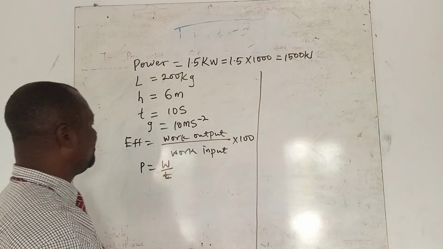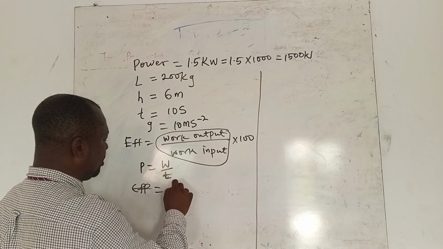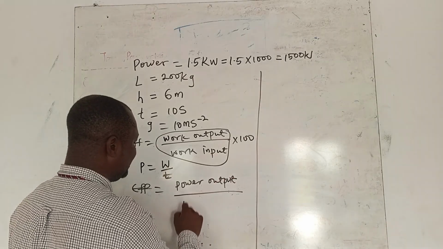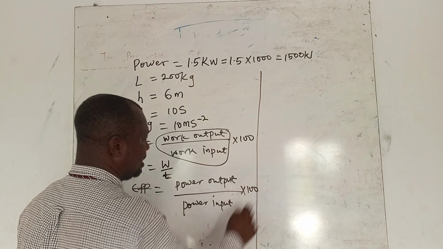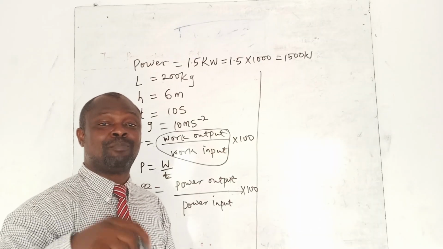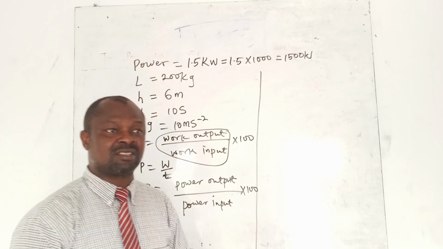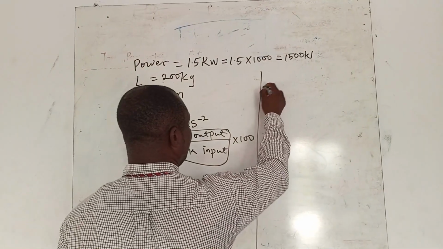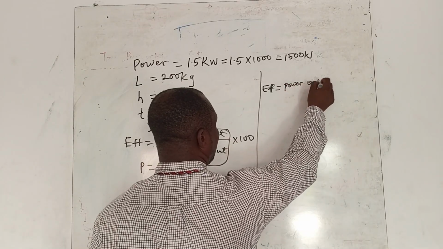So instead of writing efficiency this way, I can say efficiency is equal to power output divided by power input times 100. What is the power output and what is the power input? The power input is the power of the machine or of the pump itself. The power output is the power of the load. So that means efficiency is equal to power output